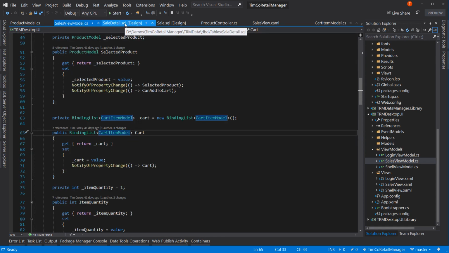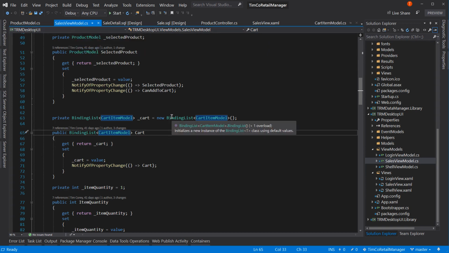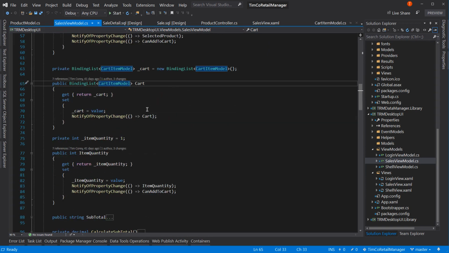So if we go to our sale view model and we look at